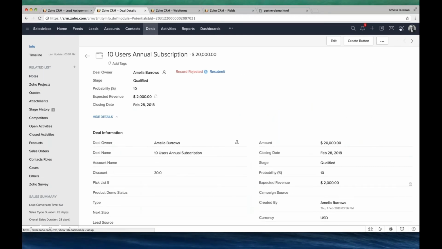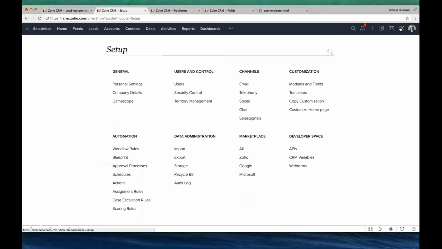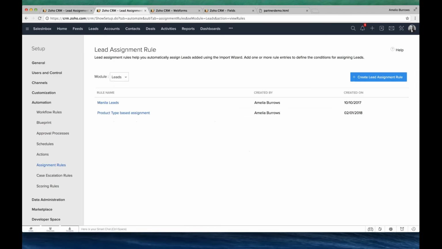Again, we have to go to the setup, just clicking that icon, and from the setup, inside the automation section, there is something called assignment rules. You click on that, and you could see there is an assignment rule which I've already created.